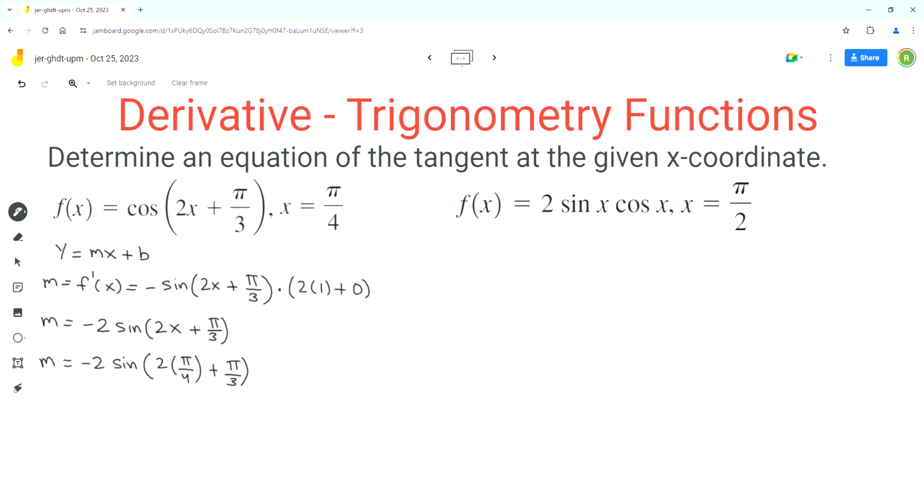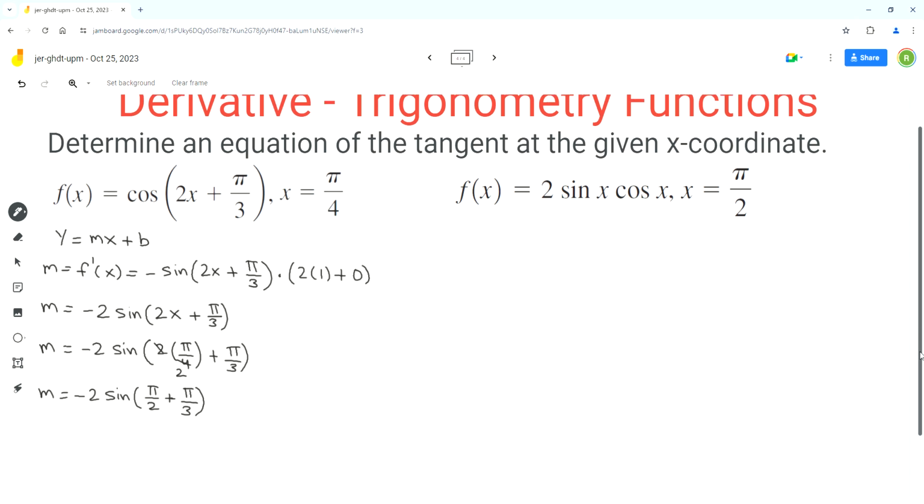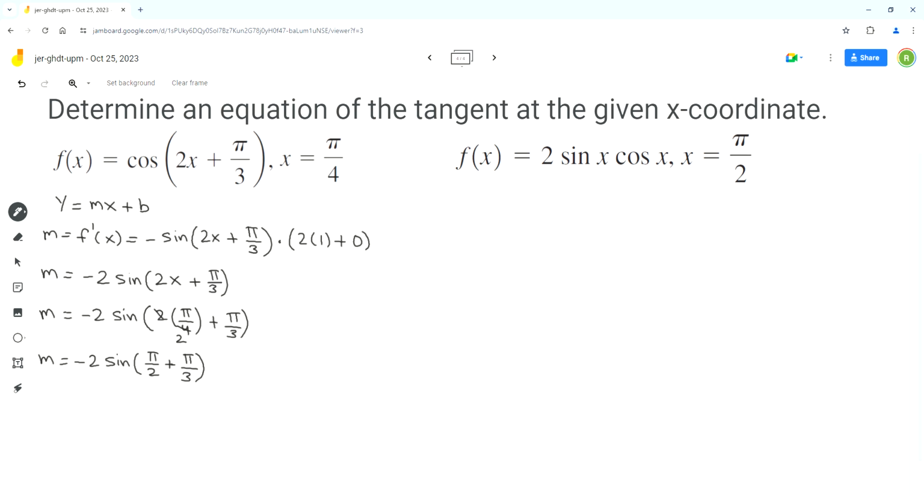Now 2 times pi over 4 can be reduced to just pi over 2 because the 2 and the 4 can be reduced. Now we can find the value of this sine term by using the sine angle sum identity. If you remember, the identity is, so I'll write it on the board,